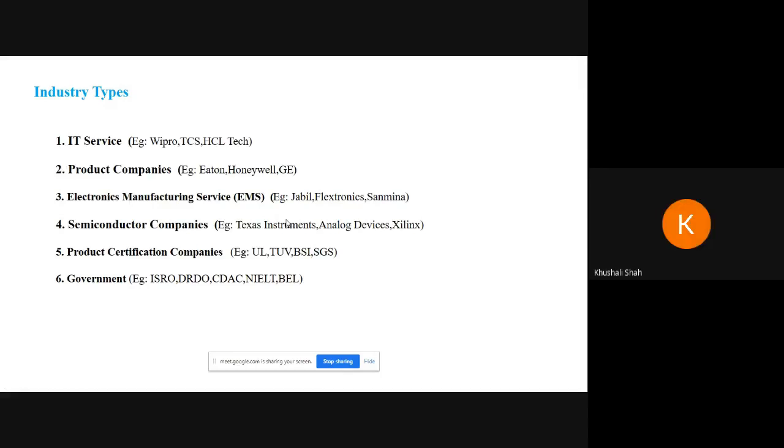Okay, so you have different types of industries. IT service companies do the work for different customers, so they again have core activities like embedded systems, signal processing and so on. Whenever they hire any student, they initially give training. Once your training is completed, they will look back at your resume and screen it based on your skill set, and then they will conduct an interview,